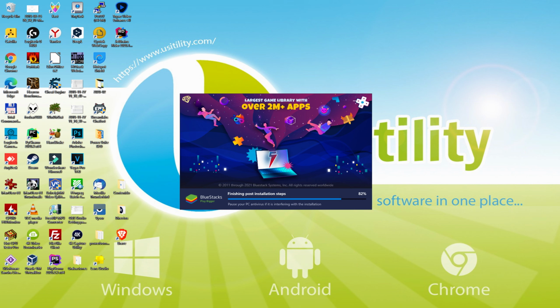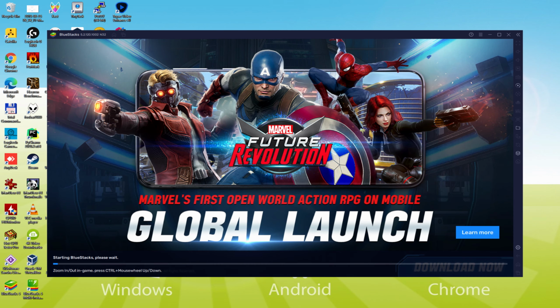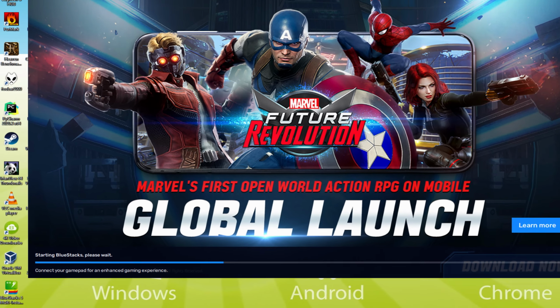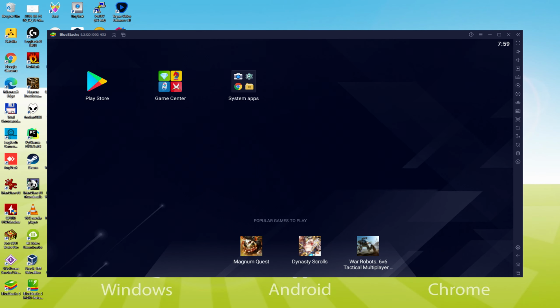The installation has already finished for me. At present, the emulator has been started instantly. As you can see, down here, we have a progress bar that will fill up and once it comes to the end, the emulator will be started for the very first time. Indeed, the emulator has already been started, here for the very first time.